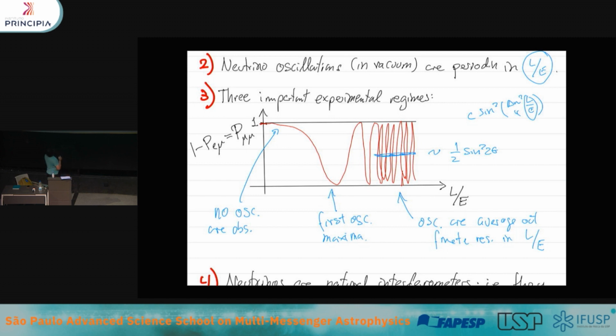Okay, so that's the 3 regimes. Essentially, I see no oscillations if I'm too close to my source or if my energy is very, very large. I can optimize the detector to be in this optimal location to see the maximum oscillation behavior. And if I overshoot or my resolution is just not good, I don't see anything. I just see a constant depletion of my flavors. Okay? I will often use the word flavor transitions to refer to this sort of regime, just to emphasize that there are no energy features that are that important for this regime.